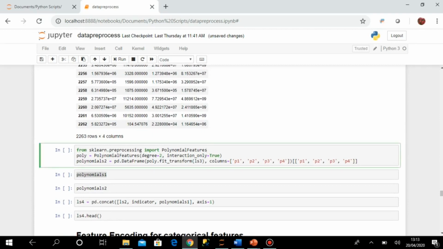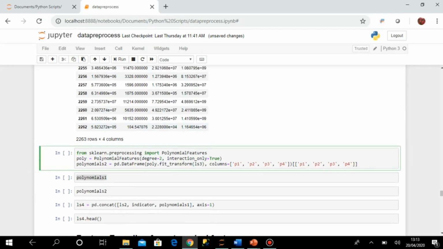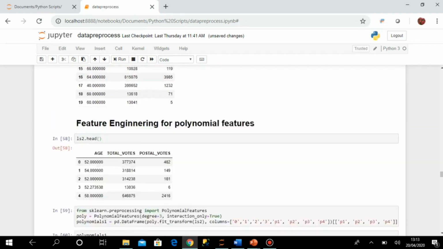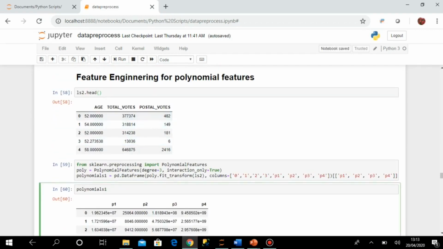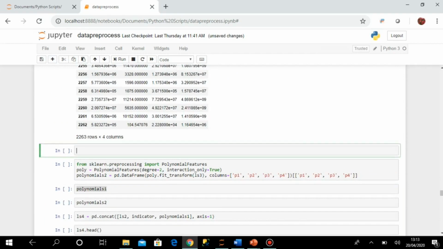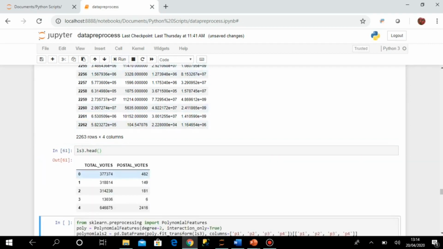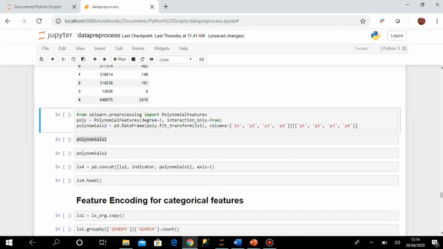Then I have done this for another data set, that is ls3. Let us see what was there in ls3. ls3.head. If you execute, you can see that there are only 2 columns.